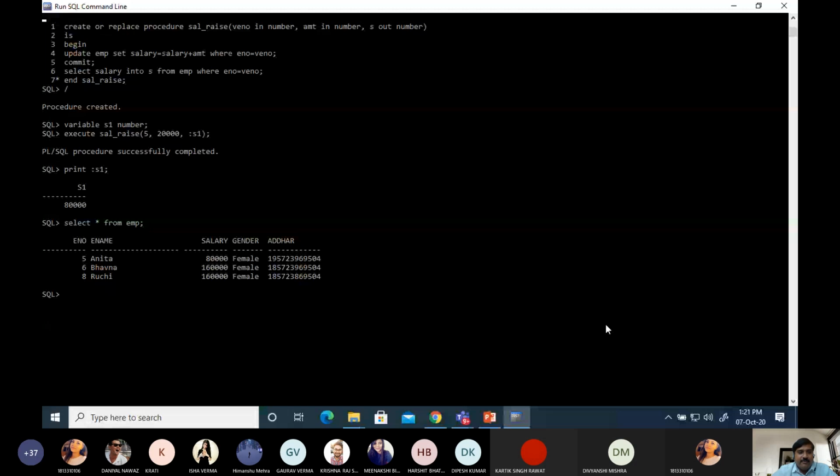Now suppose we want to give an increment to employee number 8 with 20,000, then there is no need to execute the update command again and again.